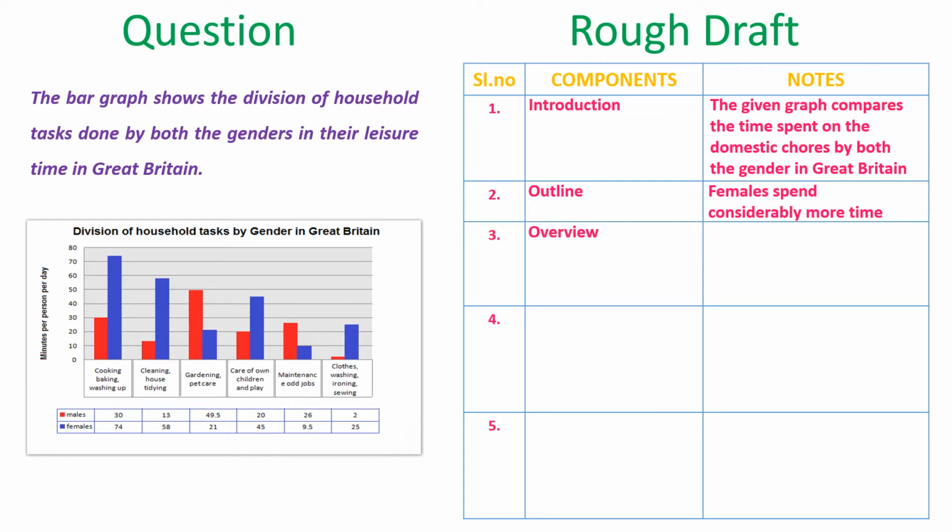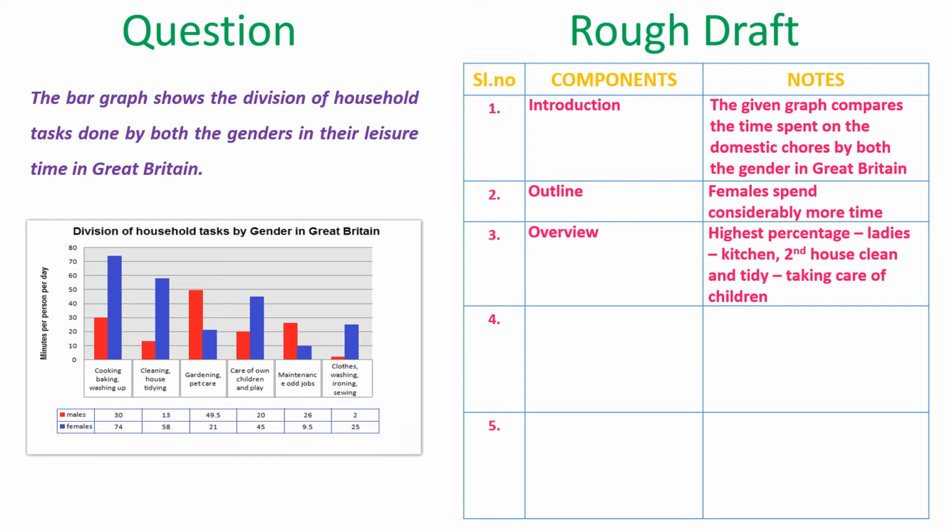In the overview, we must mention the major striking features which are represented in the graph. Remember not to give any statistical data when you are writing an overview. So, I am going to mention the highest percentage of work which the ladies do is the work in the kitchen. The second maximum time which ladies spend is to clean the house and make it tidy and